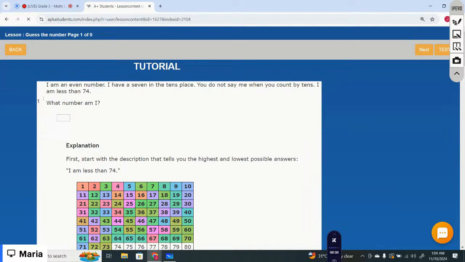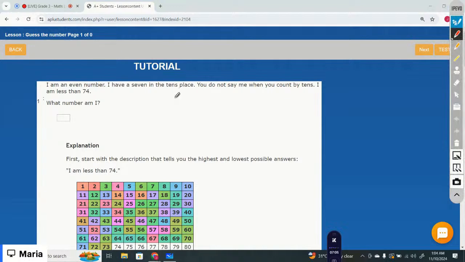I am an even number. I have a 7 in the tens place. You do not say me when you count by tens. I am less than 74, right? So you have to find the number. You are given the requirements. Even number, it is less than 74, right? You cannot count me when you count by tens. That means